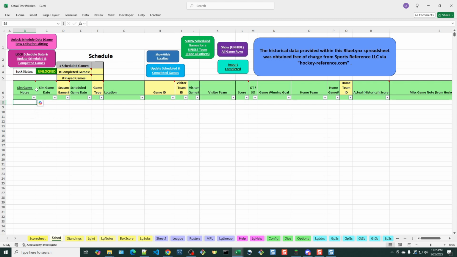Again, these cells with the red triangles have some tips. And these sim game notes, I don't need to worry about that. That's after I play them, it'll fill these in. But the sim game number is required, and